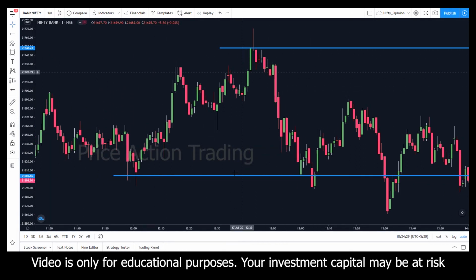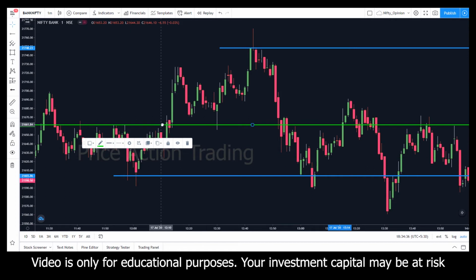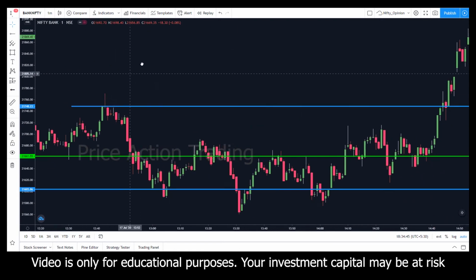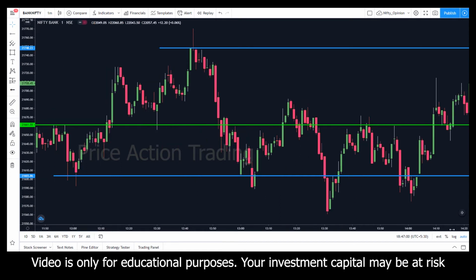Again, if I mark again, let's see, this is also a good level. You see this line was showing some wick, that means the buyers were there, right? So these three strategies or the 3 points that I mentioned earlier are applicable to any time frame that you use. Doesn't matter if you're using 1-minute time frame, 10-minute time frame, or 1 day, weekly, or monthly chart. This is applicable to any of the time frames.